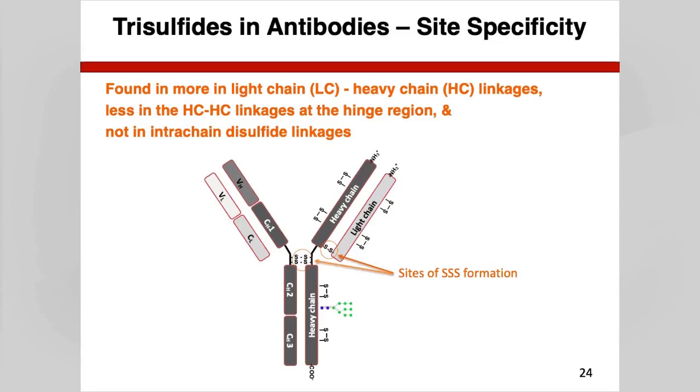If you look at an antibody, we actually see that there is some site specificity to where trisulfides are formed. So they're formed most commonly in the light chain to heavy chain interactions, which you can see here, or also in the heavy chain linkages. They're very rarely seen in the